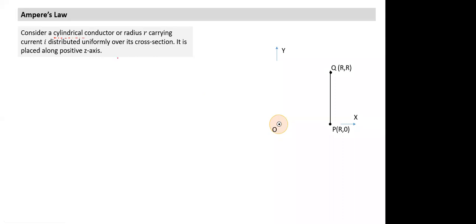Now, in this case, this is placed like this. The rest of the things are the same. What I want to evaluate is different. It is the line integral from point P to Q along the straight line. Can we evaluate this term? All of you think in your mind how you are going to evaluate this term. The coordinates of those points are given. Point P is at a distance R, and this is at R. So it is a line parallel to the y-axis. Can we evaluate this term? Yes, sir. So think about the various ways you can evaluate this term.